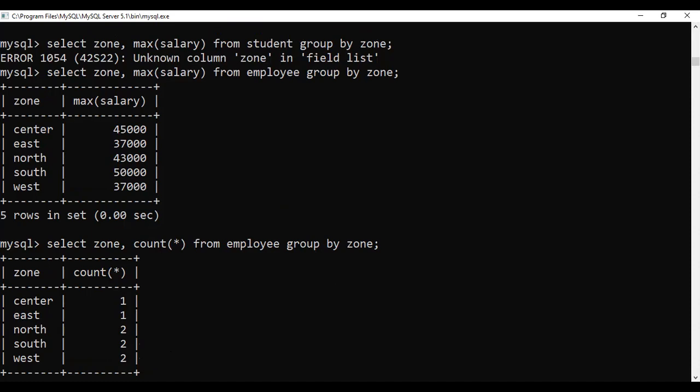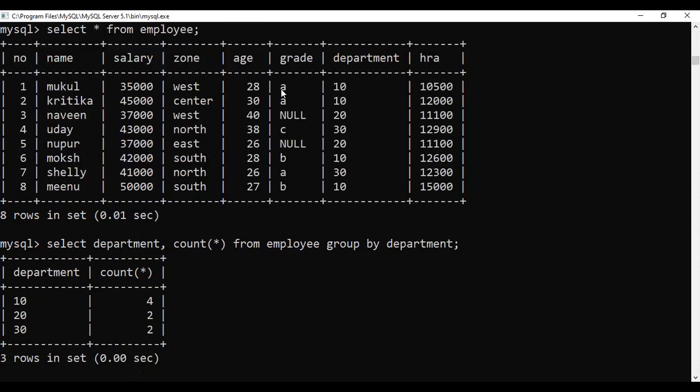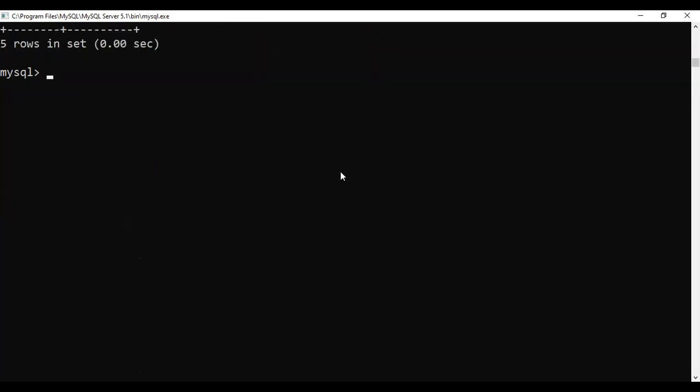Okay, so to display the employees in each grade, the number of employees or average salary of each grade, how will I give?